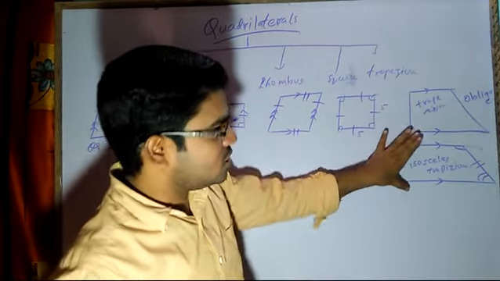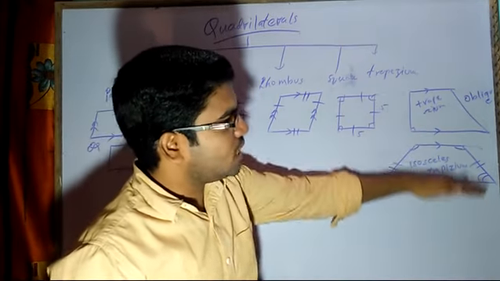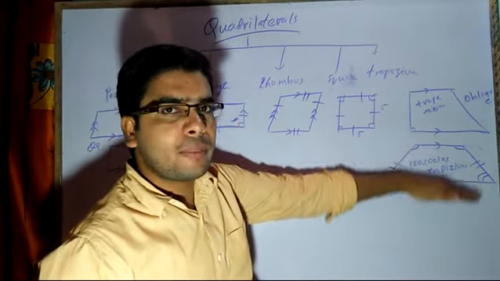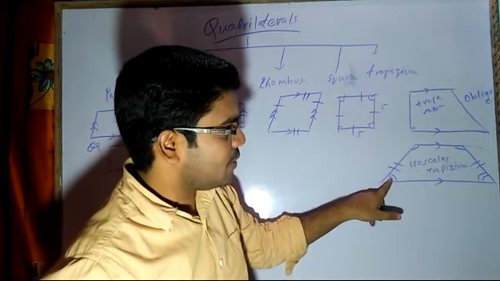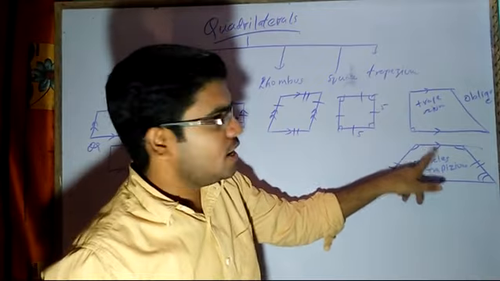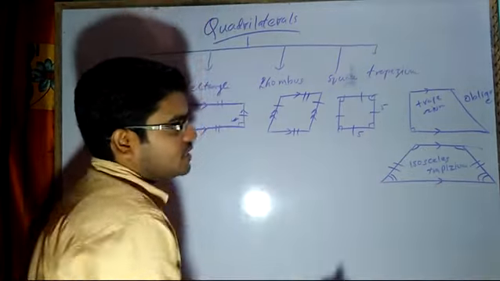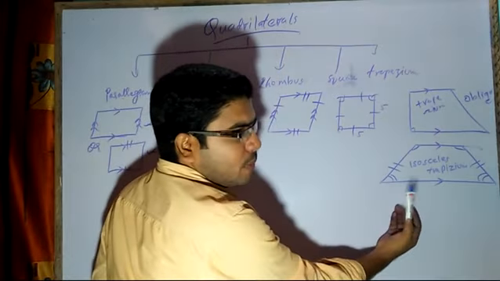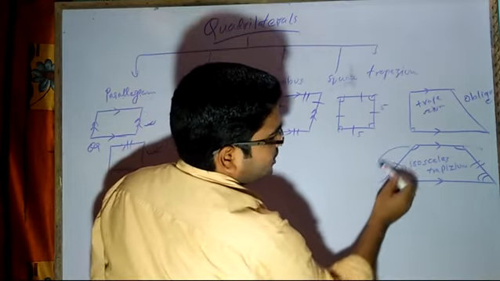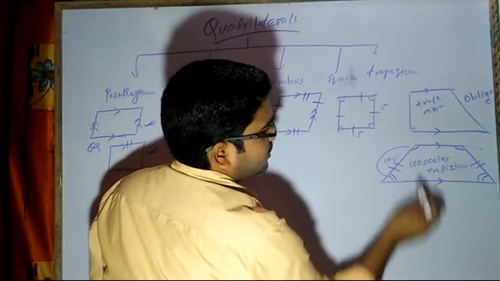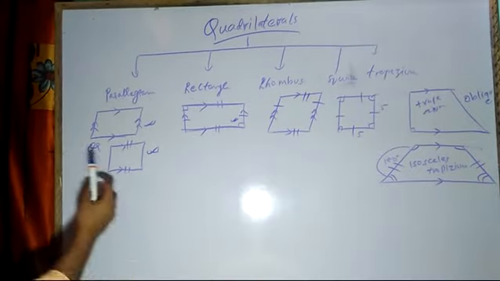This will be equal because, sorry, co-interior angle. Since these two lines are parallel, this will form a co-interior angle property. So if it is having 70 degrees, it has to be 110 degrees. If it is 70, then again 110 degrees. In this way, by this property, we can say that in case of isosceles trapezium, these two angles are equal, and their sum is equal to 180 degrees. Now this is a square, this is a rhombus, rectangle, and this.